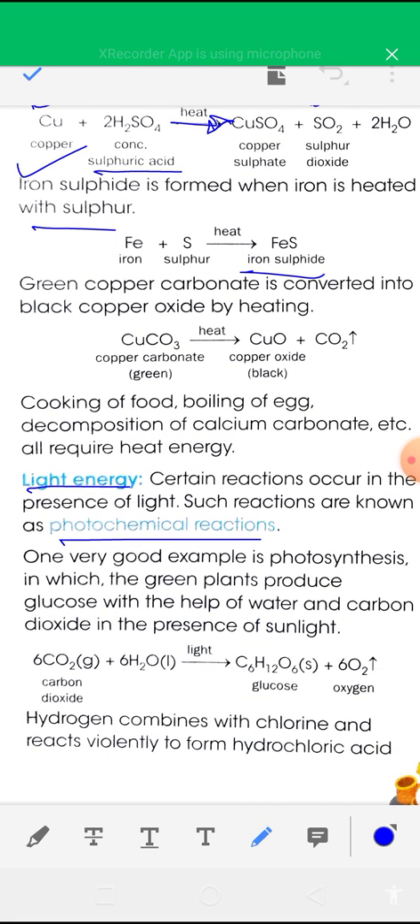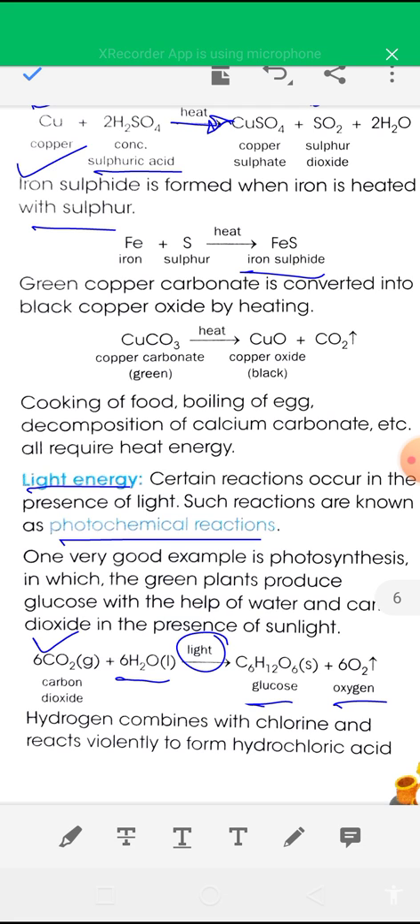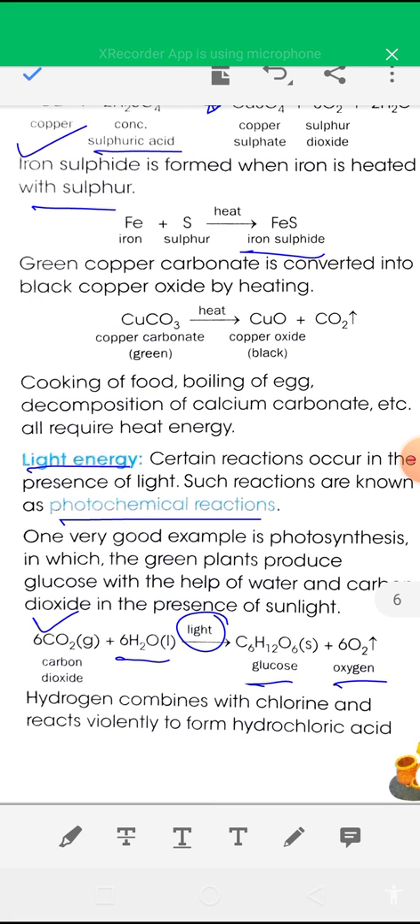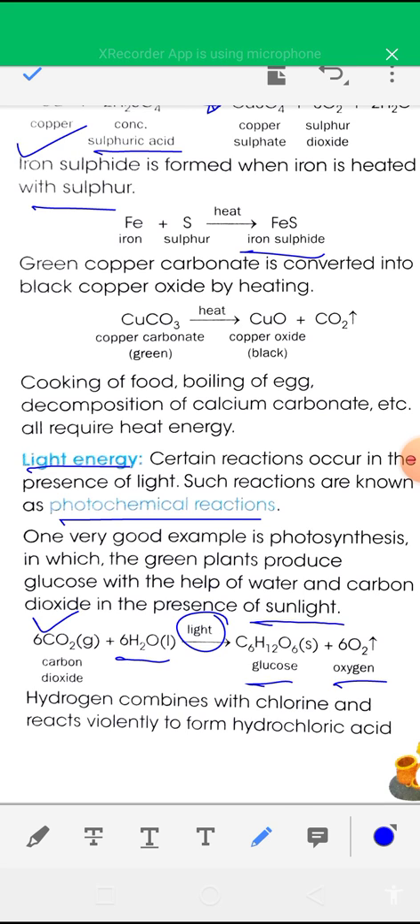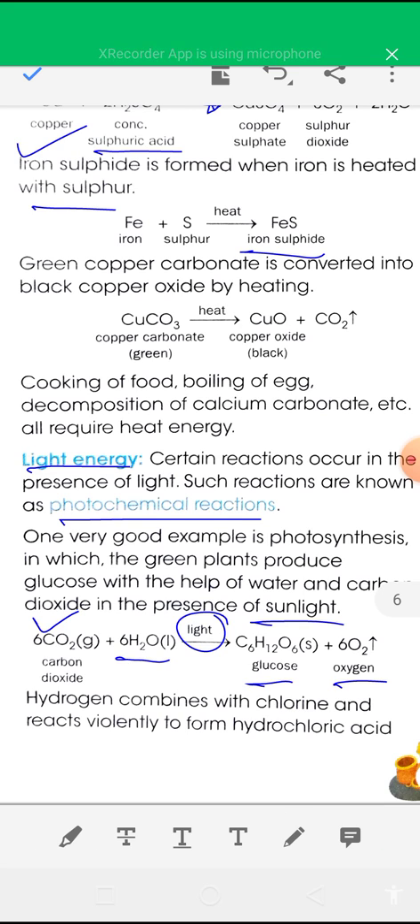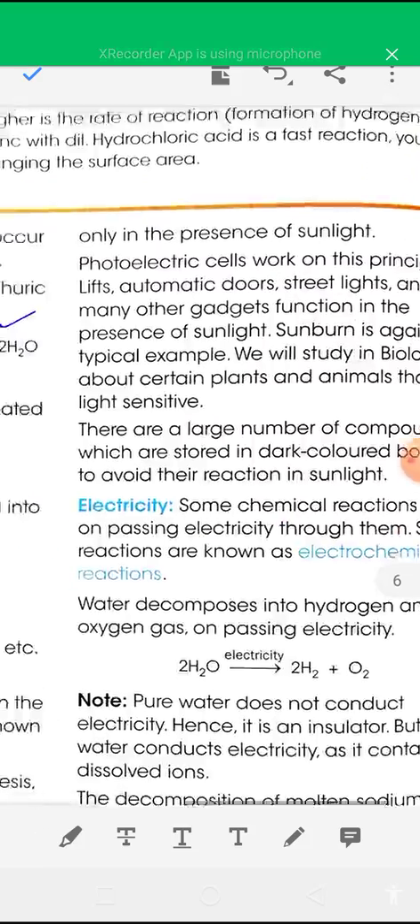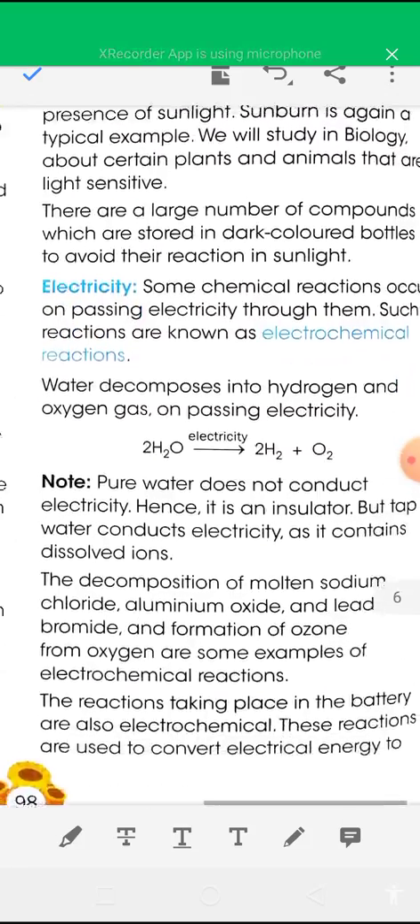Photosynthesis. In this process, carbon dioxide gas combines with water in the presence of sunlight only to give glucose and oxygen. So this reaction, photosynthesis, is an example of a photochemical reaction that takes place only in the presence of sunlight. So light energy is also an important condition. And the next condition is